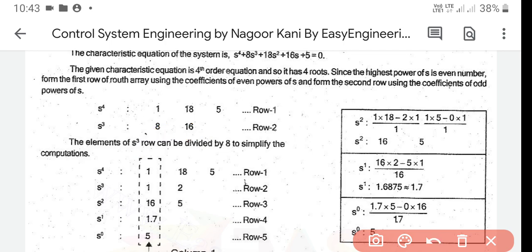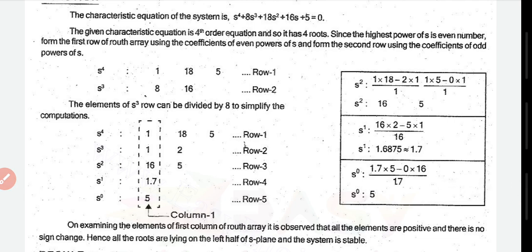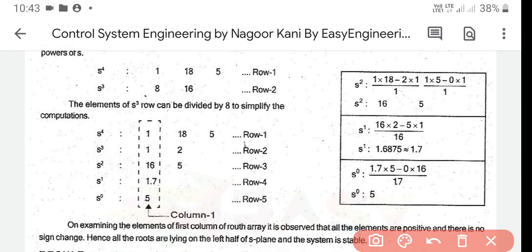Now based upon the first two rows, you have to construct the remaining three rows. What are the three rows? S power 2, S power 1 and S power 0. These are the three rows. To construct the elements of these three rows, we have to consider the elements of the s power 4 and s power 3 rows. So to frame the first element, you have to find the determinant value. For the first element of s power 2, the determinant of 1 18, 1 2,